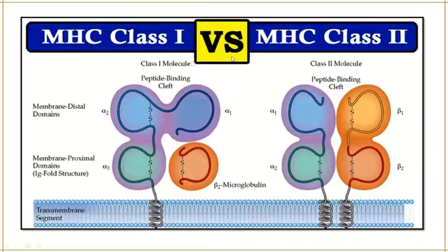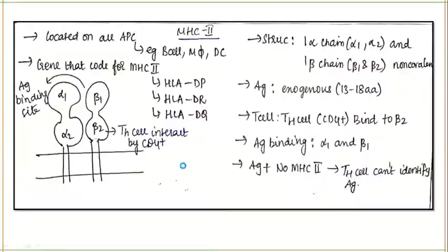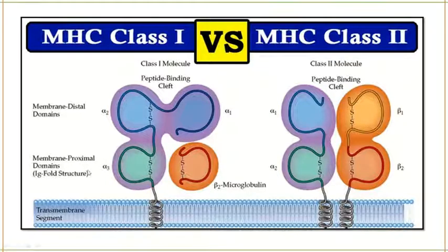So this is class 1 and class 2 MHC. You can see here this is class 1. You have alpha 1, alpha 2 and alpha 3 subunit and a transmembrane segment. You have beta 2 microglobulin region, which is very important for the functioning of MHC class 1. So this is the antigen binding region, and you can see here in this diagram itself, through this alpha 3 subunit only the TC cells will be interacting.